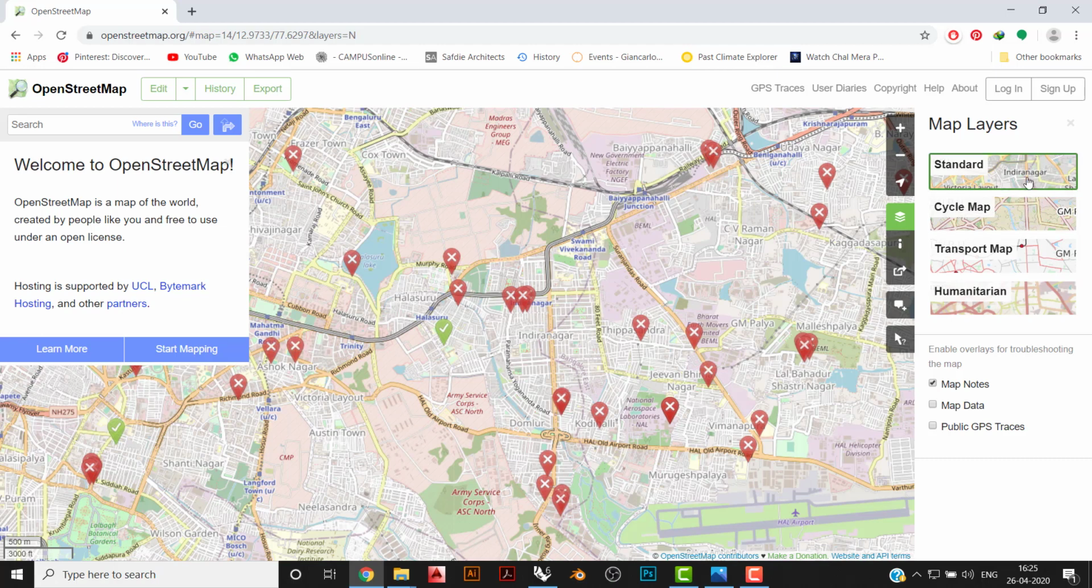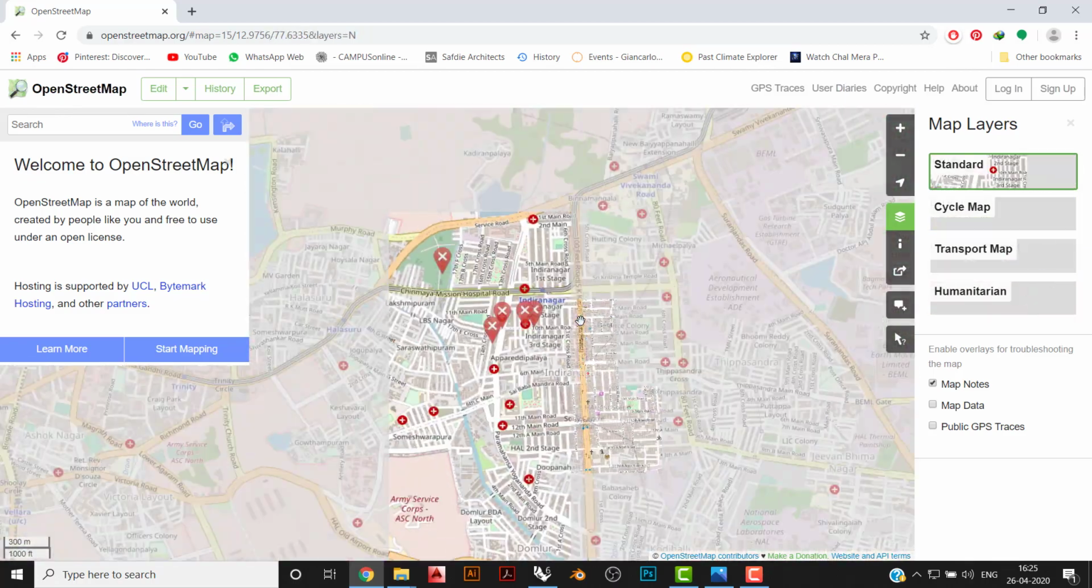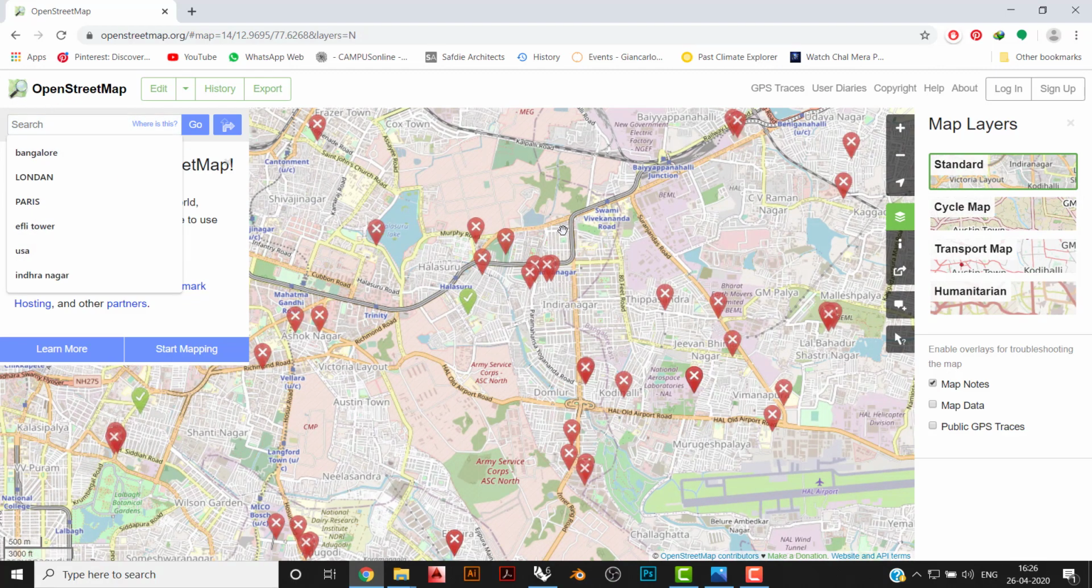So Elk works like this. It actually needs OSM files. This is the standard map they show here. So if you see, this is a place called Indiranagar. You can type directly whatever places you want,